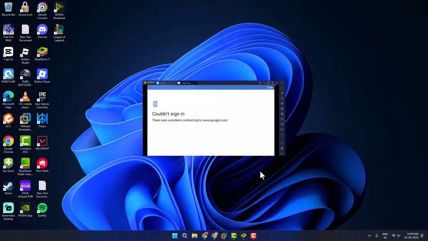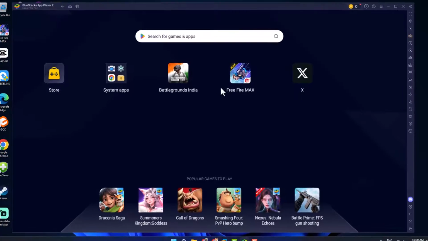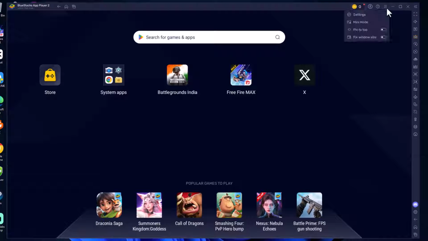Today we are going to see how to fix a Bluestacks Google Play Store sign-in problem. Let's fix it, guys. Method 1, you just need to open up Bluestacks and select the 3 line and select